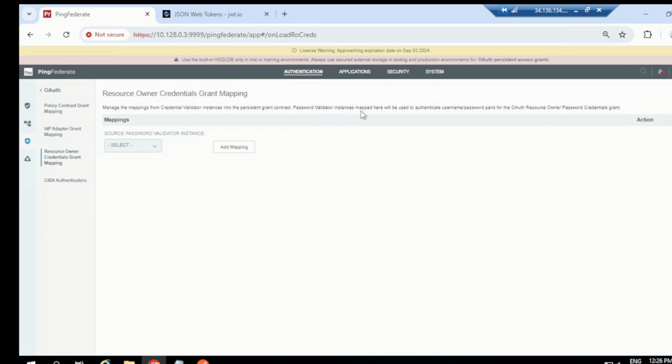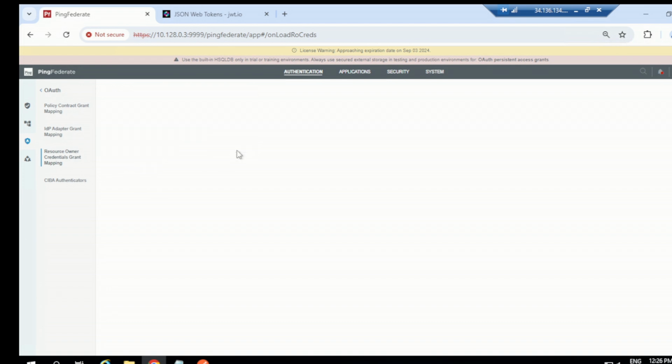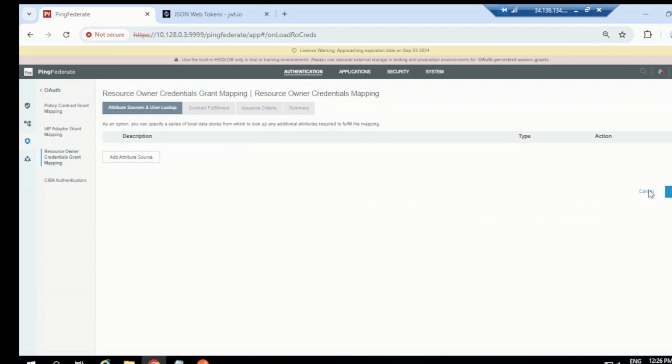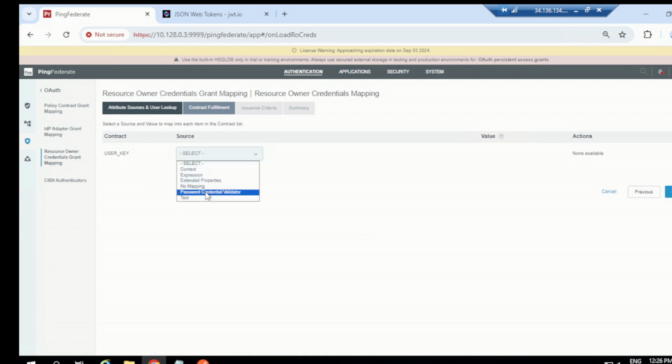Password validator instances mapped here will be used to authenticate username password pairs for the OAuth resource owner password credential grant. So in the resource owner flow you are passing the username and password, and this mapping is going to help verify those credentials. Just click here, choose one of the PCVs. Let's choose OpenDJ PCV. Click on add mapping, leave the attribute source, go to next. In the user key, choose